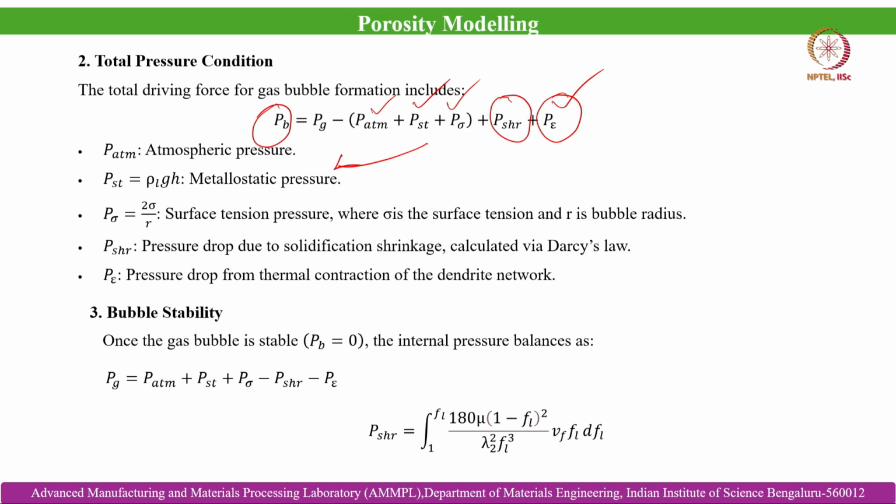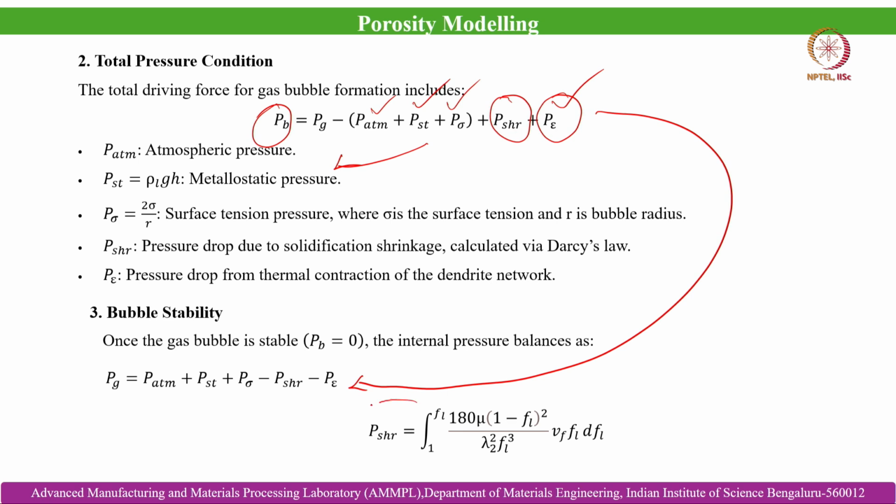Once the gas bubble is stable, we can assume that Pb, the pressure which is the total driving force for gas bubble formation, is equal to 0. Then from this equation, rearranging the terms and taking the negative terms to the opposite side, it becomes Pg is equal to P ATM plus Pst plus P sigma minus P shrinkage minus P epsilon,